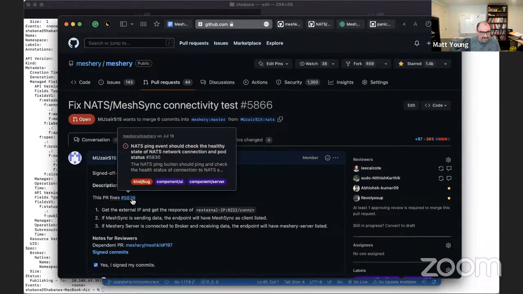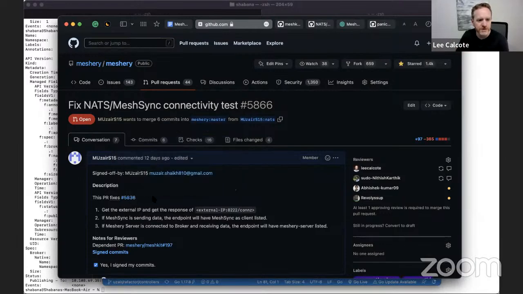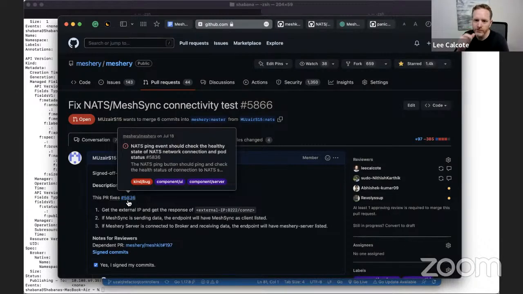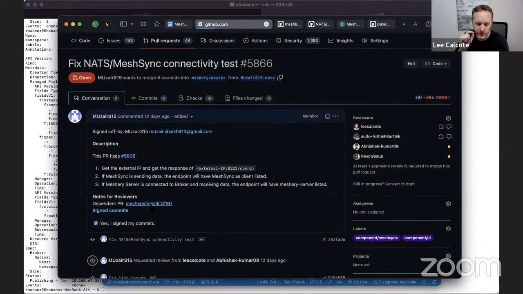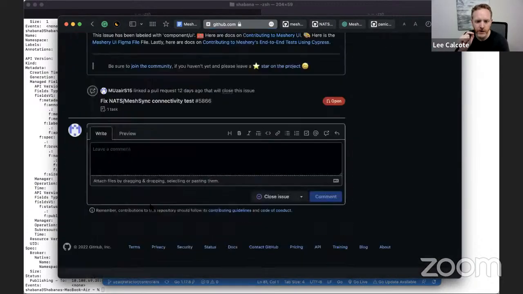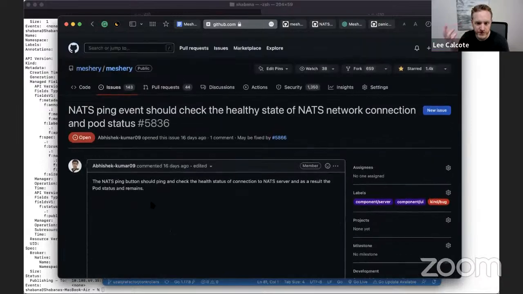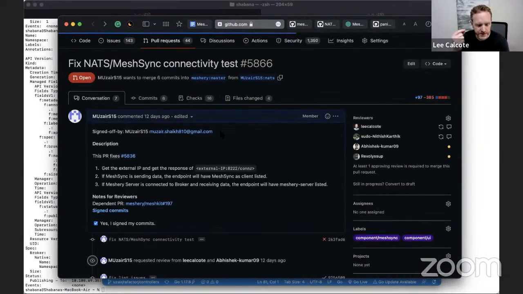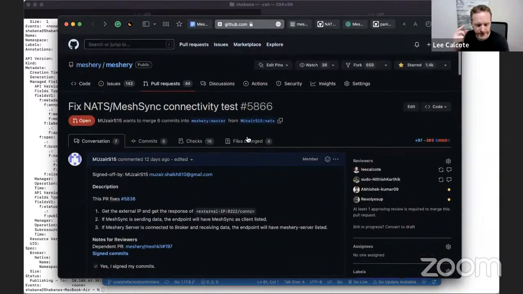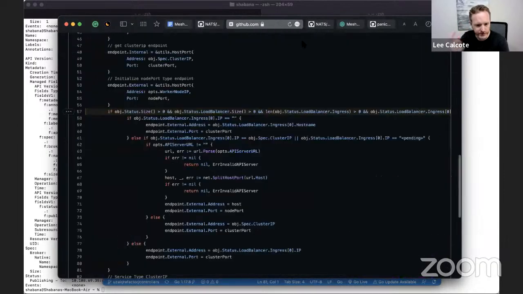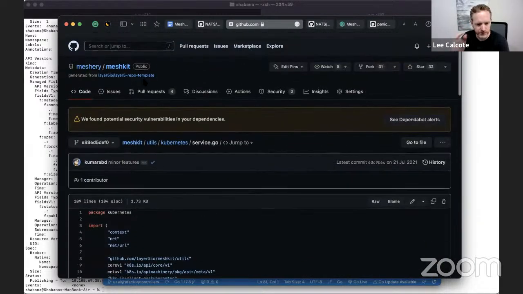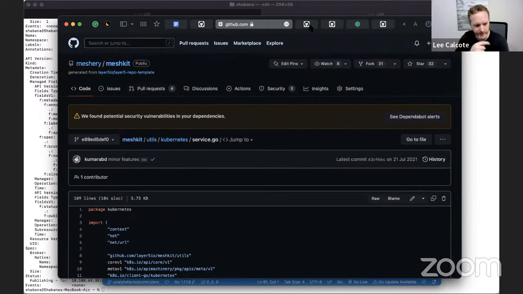I'm sorry. So I think it would be good for everybody, actually, including me. In order for Meshery to manage Kubernetes clusters, it requires deployment of the Meshery operator. The operator has two custom controllers. One is just a NATS server to help with communication between the operator and Meshery server.